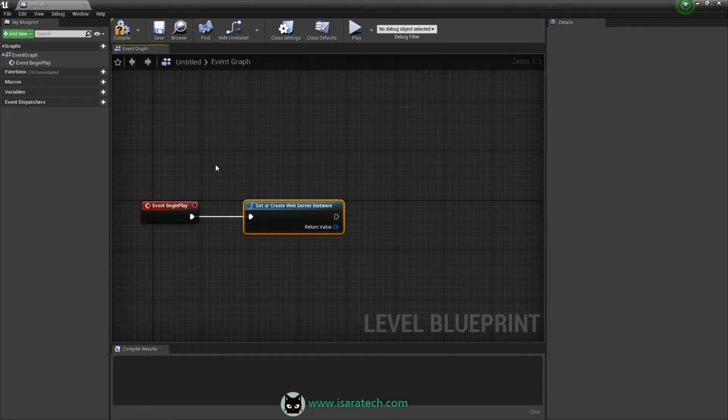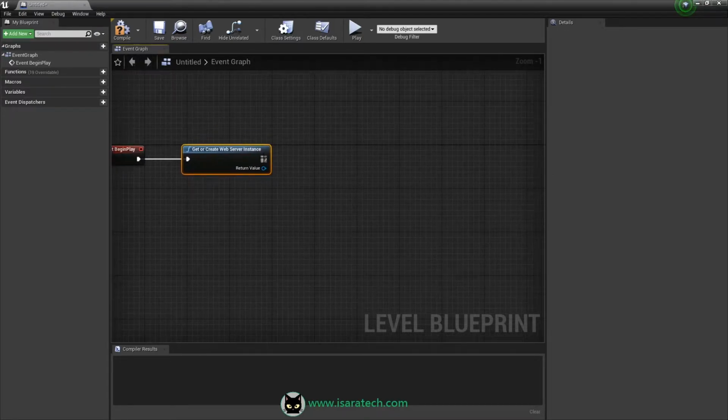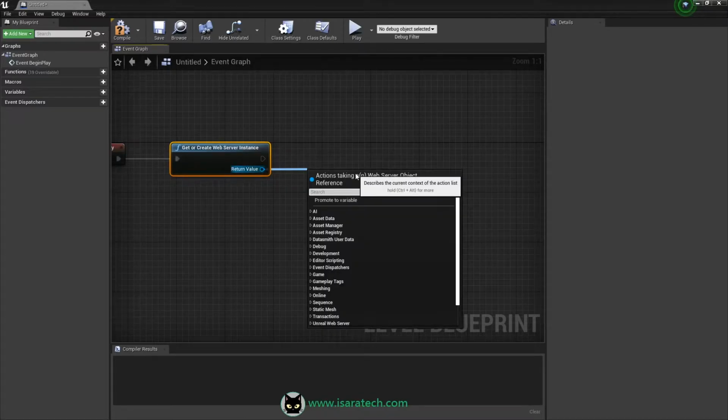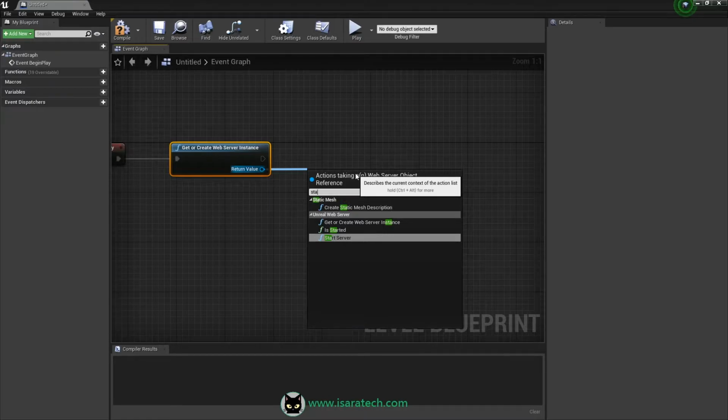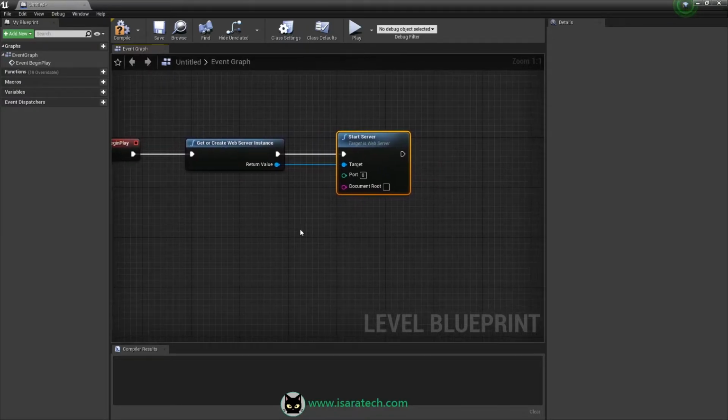In my current project, I will only need a web server instance in this particular blueprint, so this will be an easy task. Once the web server gets, we have to start the Unreal Web Server, okay, using this particular